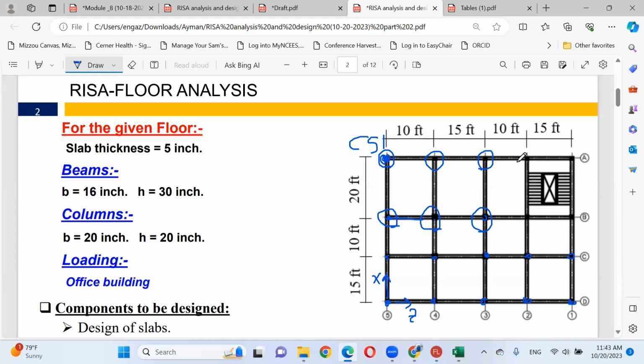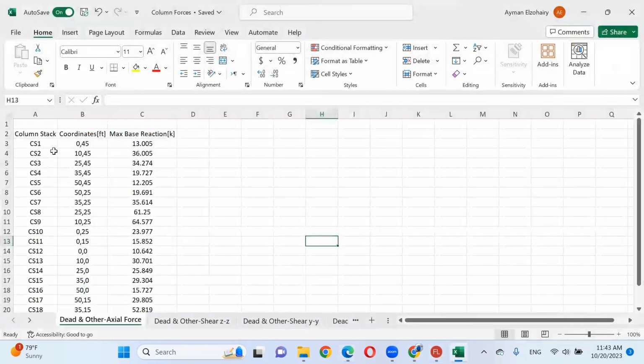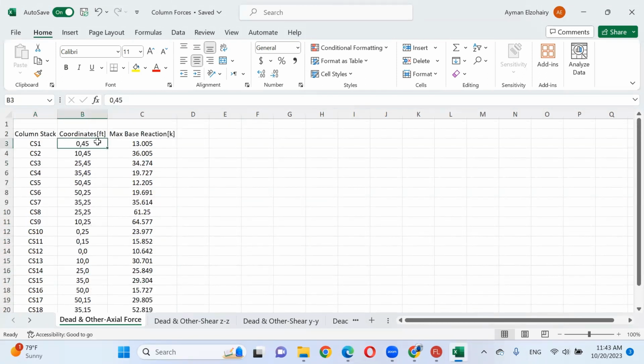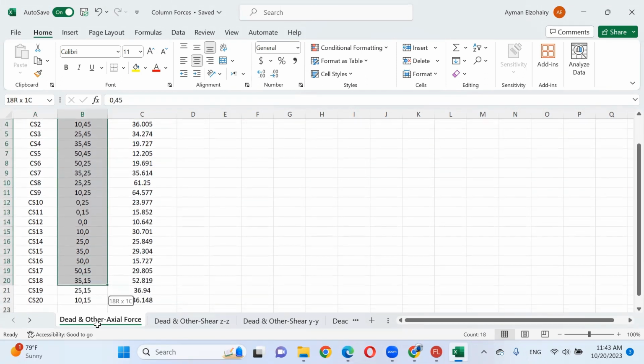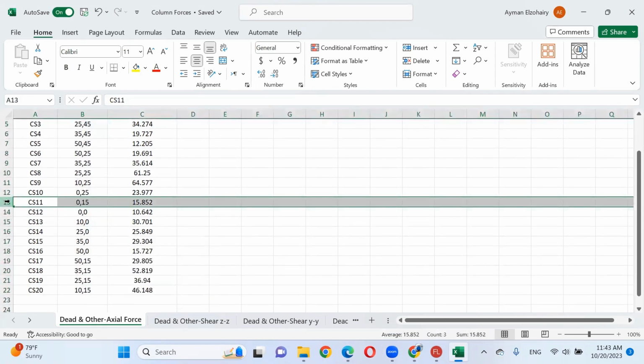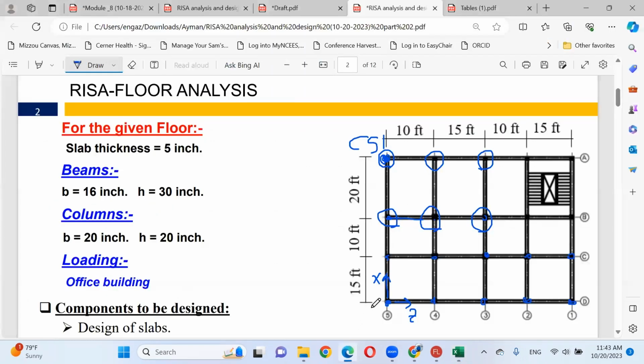I'm sorry, I think we have 20 columns. If you look here, we have from CS1 until CS20. We have 20 columns. And these are the coordinates of each column. So for example, column number 11, where? At 0 and 15. 0 in Z, 15 in Y, this is column number 11. That makes sense?